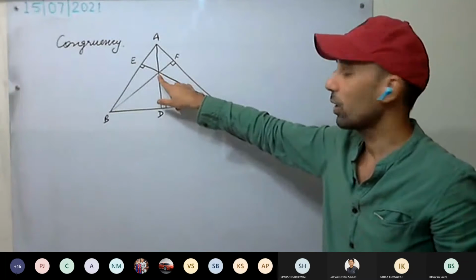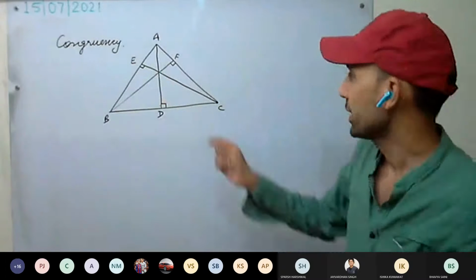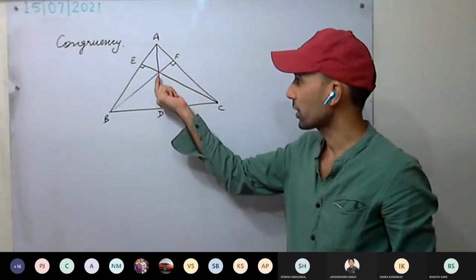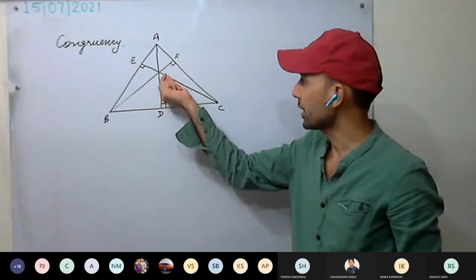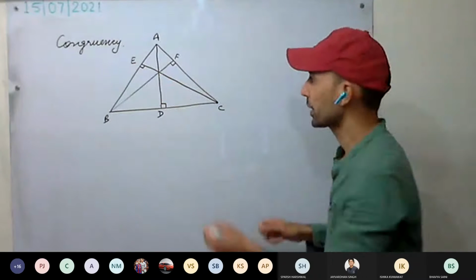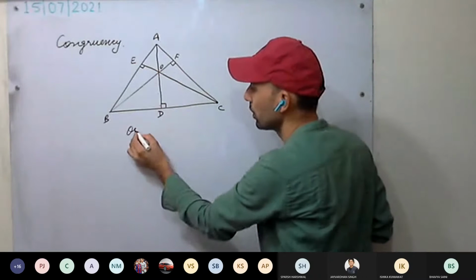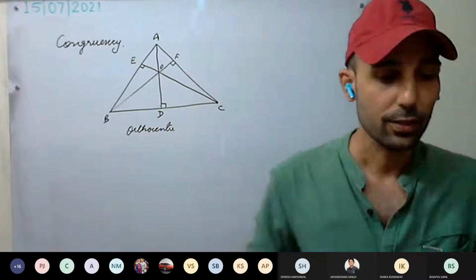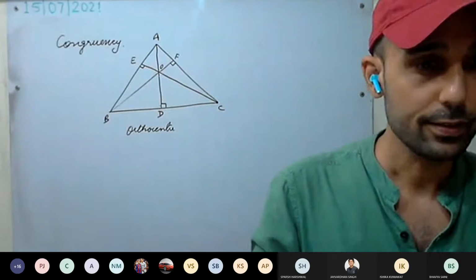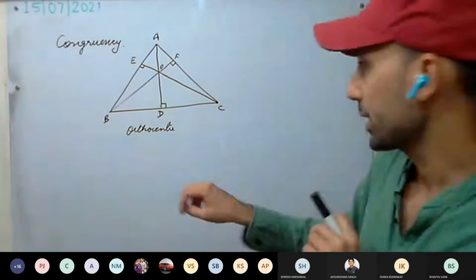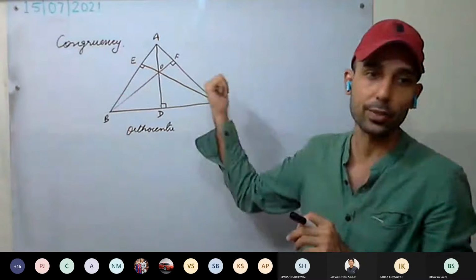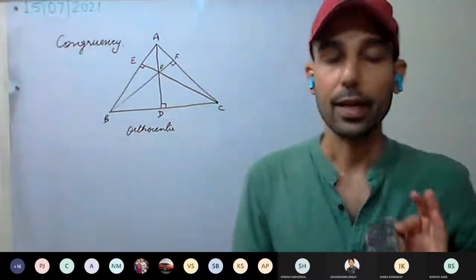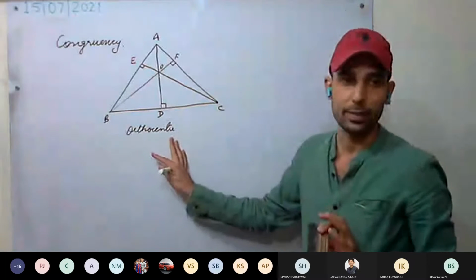And these all three meet at one point. They are concurrent. These three altitudes intersect each other at a point, and this point is called the orthocenter. This is clear? So whenever these things appear, we'll have a little bit of discussion and do the question. So median and altitude, these two things you have to remember.